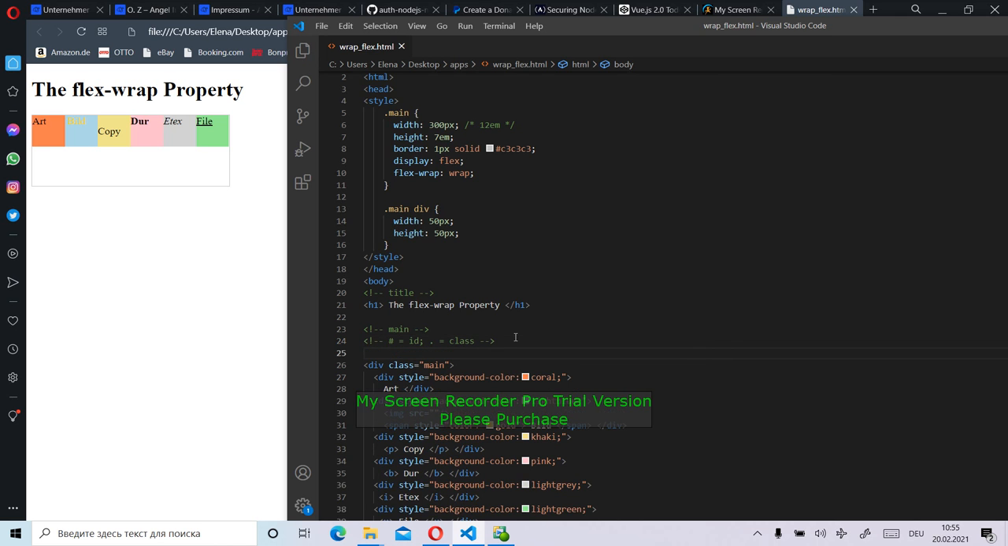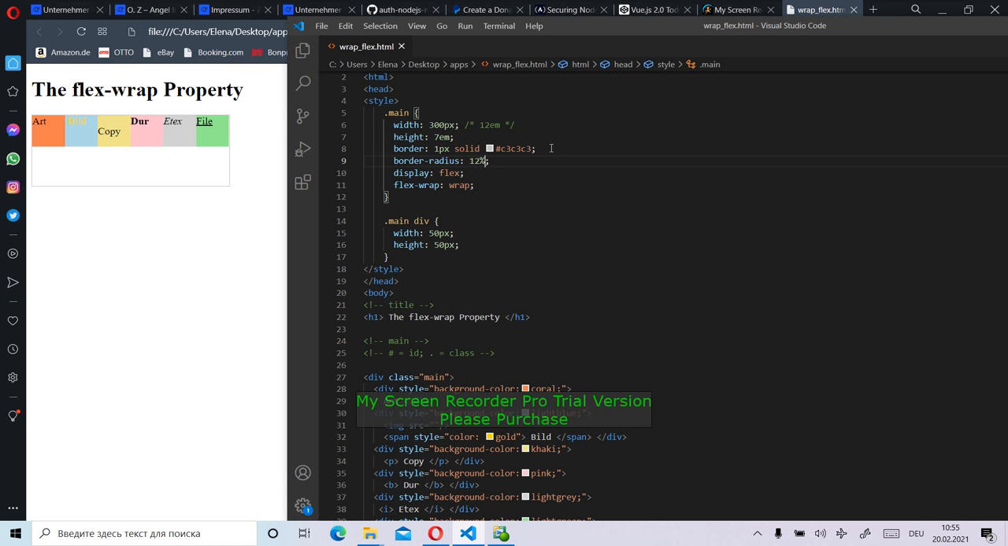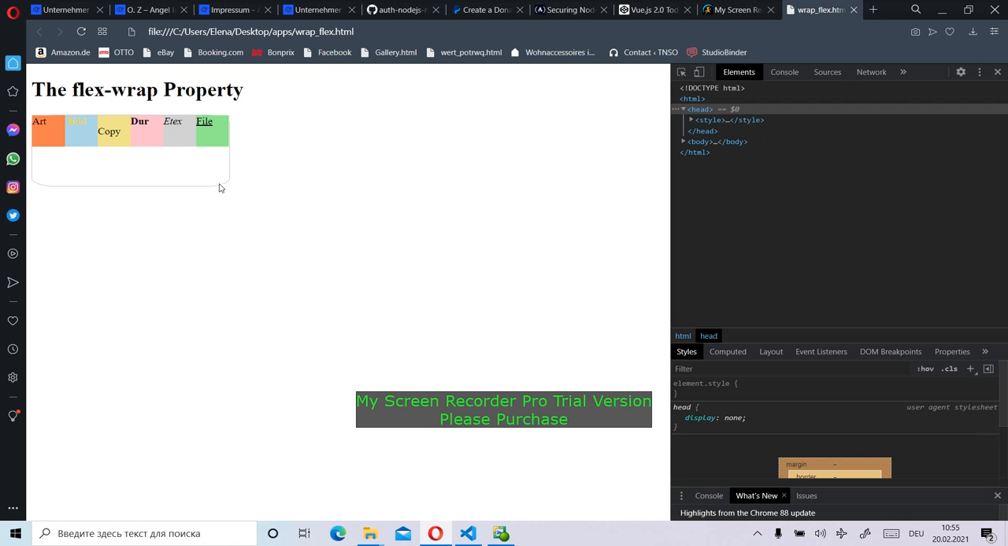So now border, you know, it's a border. If you try to give the color of the shape of your object, you should use it. If you want to make it as a circle, you should put border radius and give some percents, and it will give you here